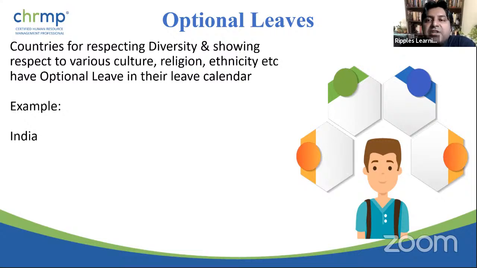And India is a very good example, because when you create a list of optional leaves, it can go up to 20 to 30 optional leaves, but you cannot allow people to take all these leaves, right? So you set a number of optional leaves. For example, you say that the maximum optional leave a person can take is 10 or 12, and the total number of optional leaves is, let's say, 24. So the person can take 12 leaves out of these 24. Whatever appeals to his faith, his understanding, what he or she wants to celebrate, they can take the leave specific to that, right?